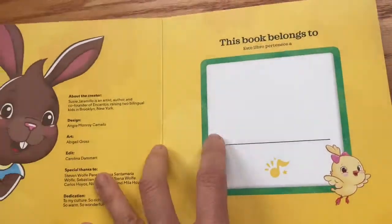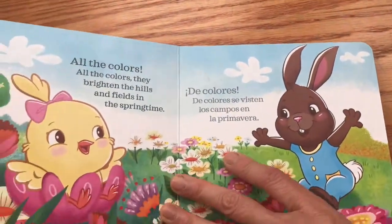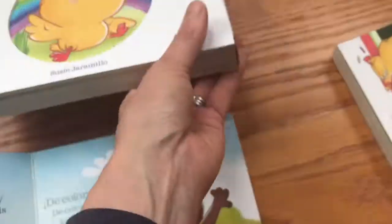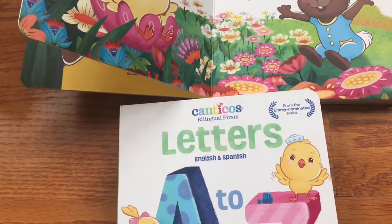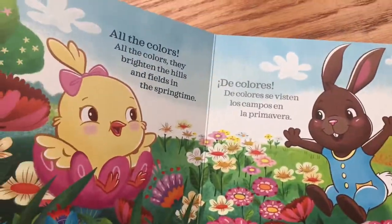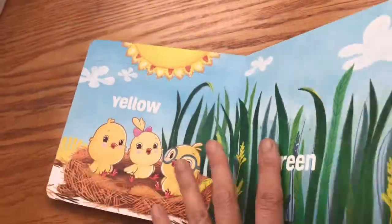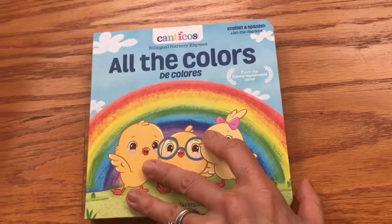They've all been English and Spanish. I don't know if they actually do other languages. And I feel like there's a real consistency to the characters. So the Canticos, this little baby chick is showing up in a lot of these books. And also the illustration style is pretty consistent because it is the same author and illustrator of all of them. So that also makes for a nice,